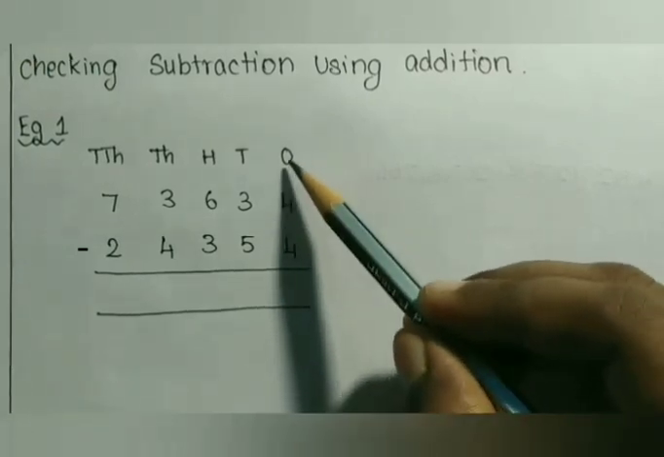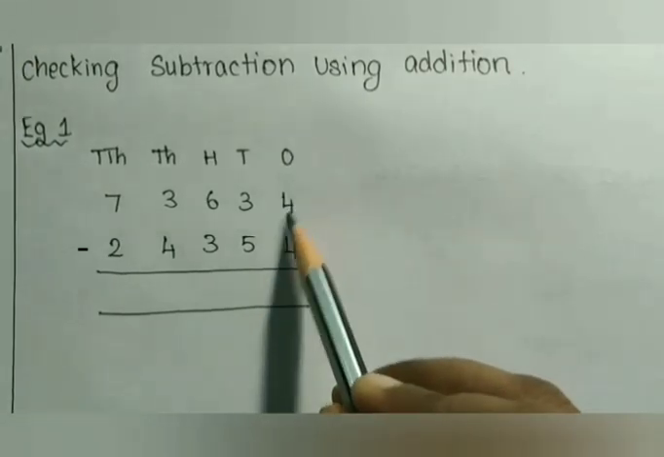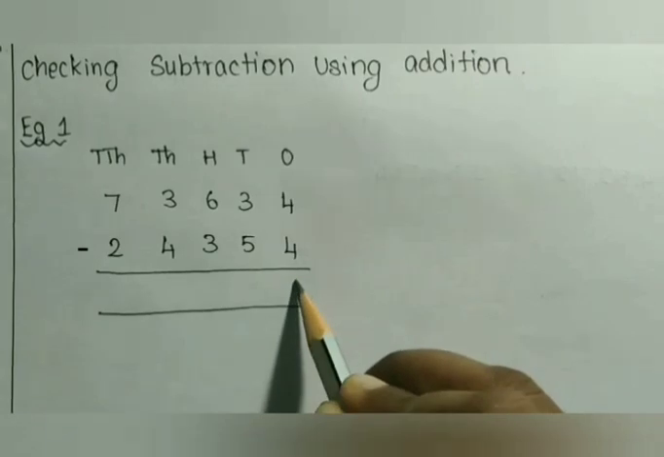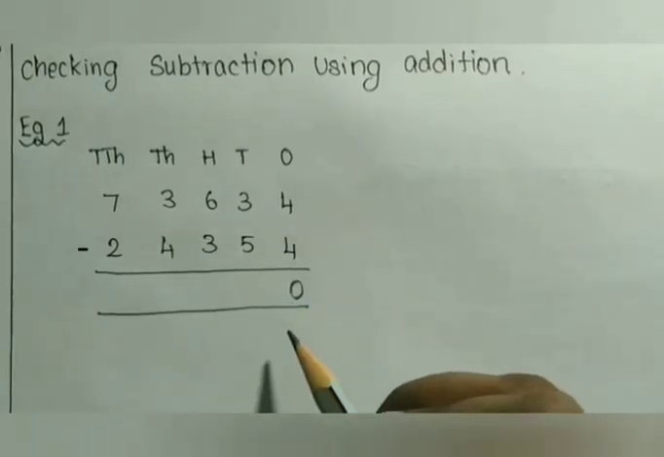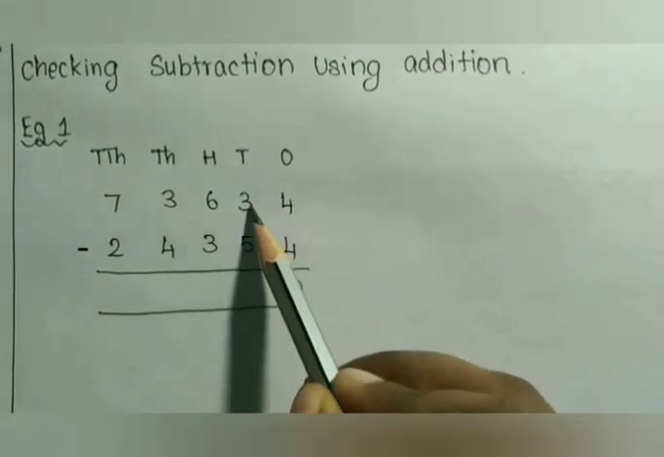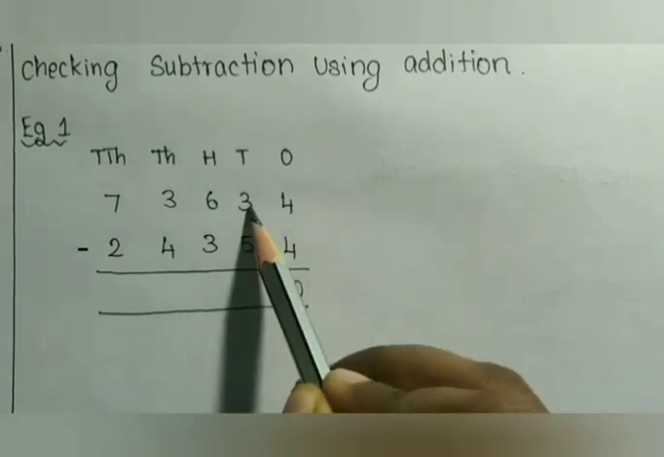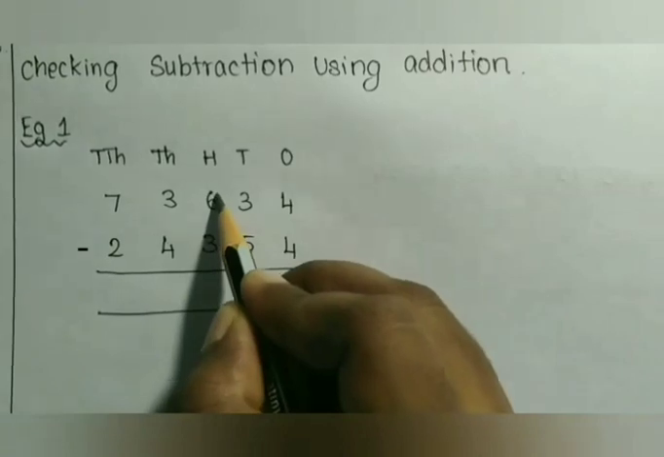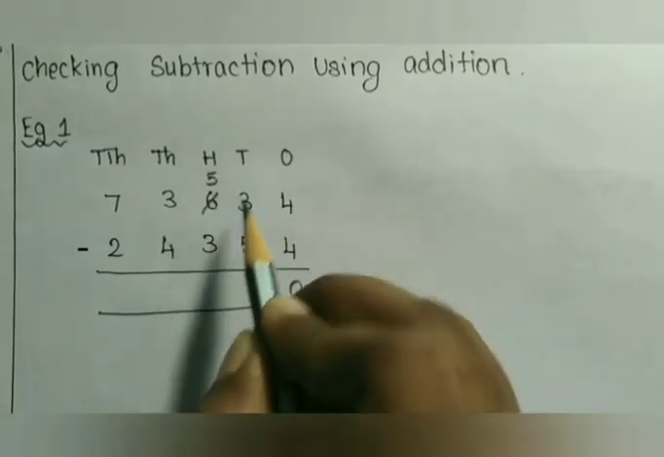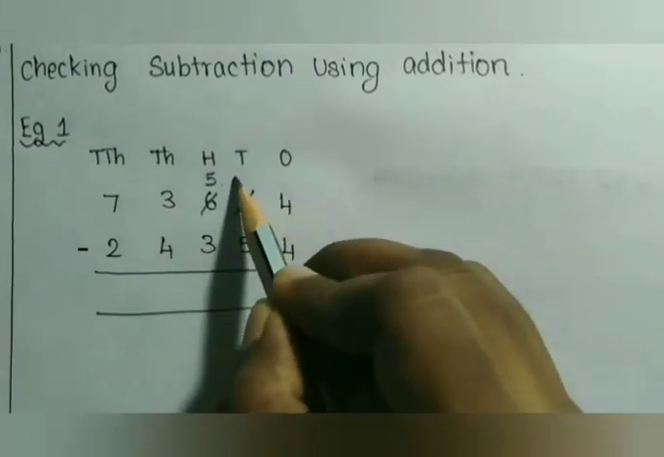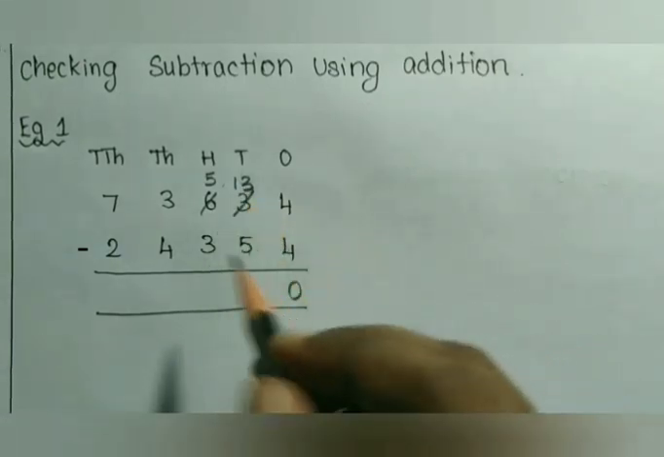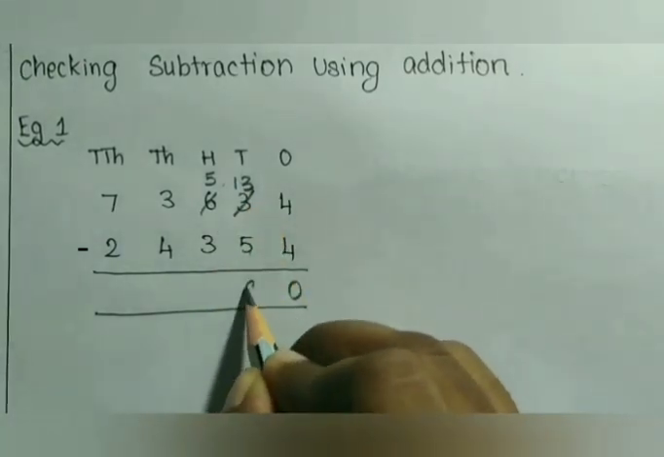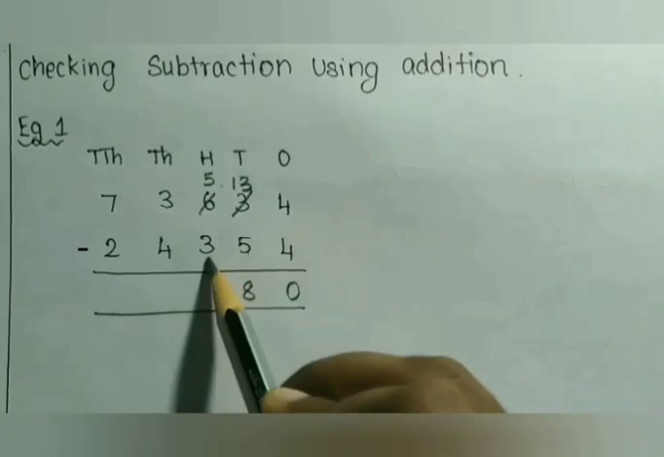The digit in the ones place: 4 minus 4 is 0. Now in tens place we have 3 and 5. 3 is the smaller number, so let us borrow from hundreds. So 6 becomes 5, 3 becomes 13. So 13 minus 5 will give you 8. 5 minus 3